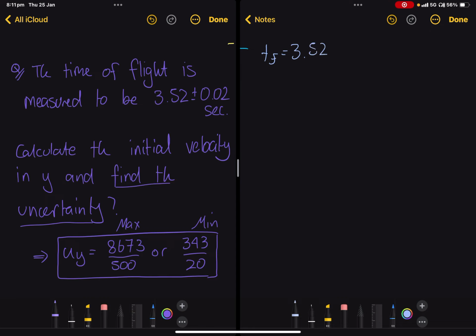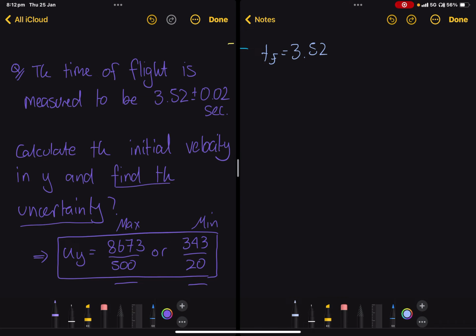3.52. Because what we did was we found what happened when the time of flight was 3.54 and 3.5. But if we find the initial velocity at 3.52, the bigger difference of the two between the initial velocity at 3.52 and the maximum here and the minimum here will give us the maximum possible difference. This divided by the initial velocity at a time of flight of 3.52 will give us the biggest possible uncertainty. So this is a very technical experimental way in order to calculate